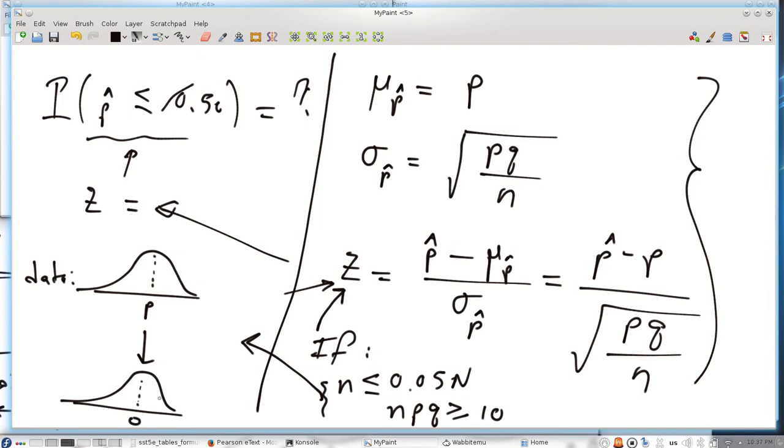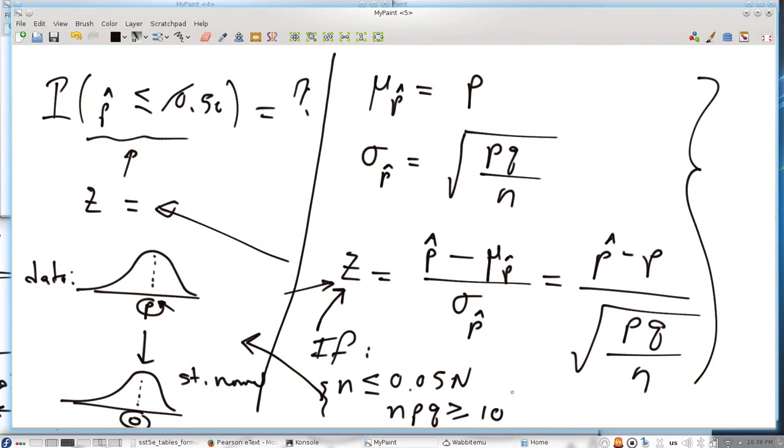So you can see here the mean value in the middle of the curve is p, and the mean value for the z is 0 in the middle. So this is what we call the standard normal curve, right? And that is given in the z table, and that's our goal here.